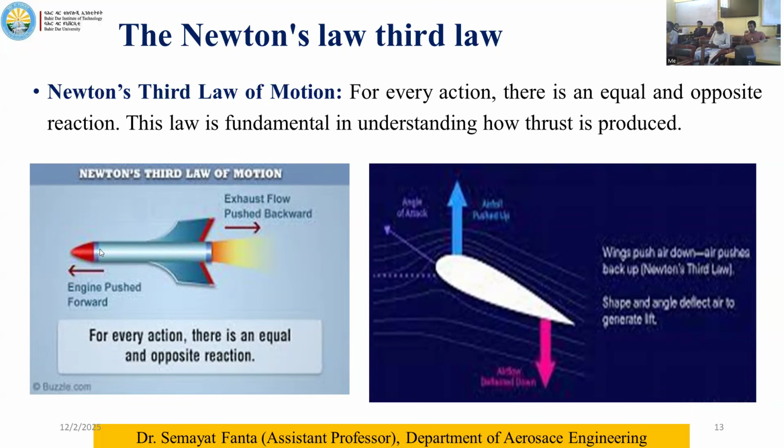As the engine pushes forward, the rocket exhaust flow pushes backward. So the action and reaction between the two produces the forward motion of the rocket. That is the third law of motion. And lift generation is related to this: as the wing pushes the air down, the air pushes back. That is action and reaction. So Newton's third law also contributes to lift generation. Okay, so